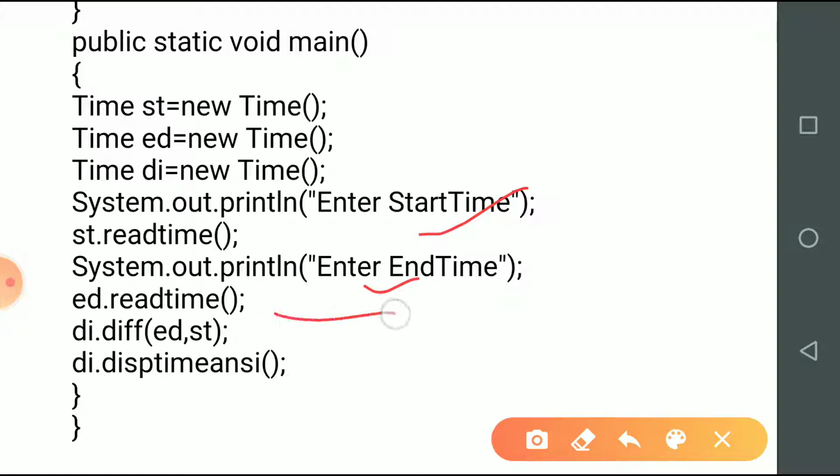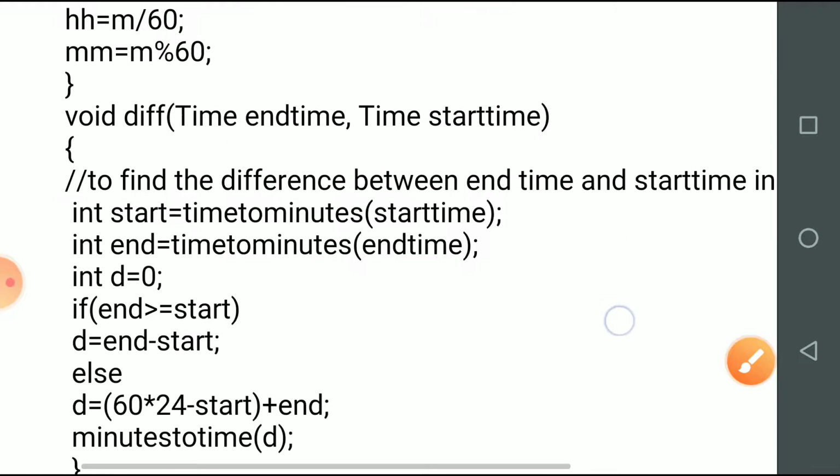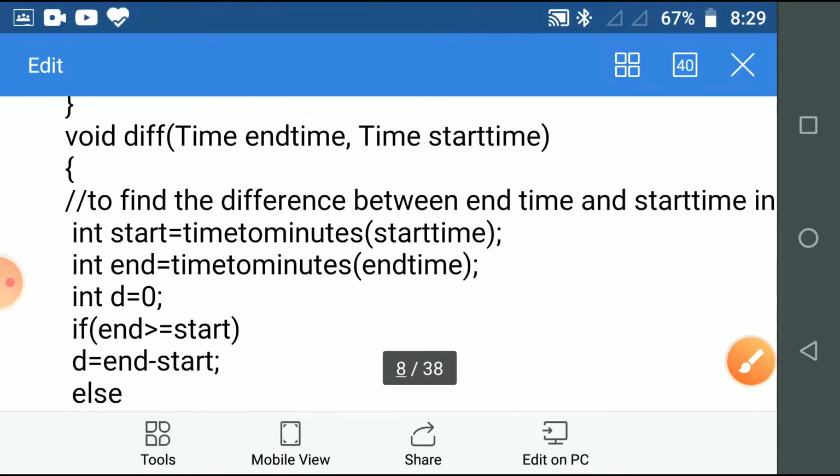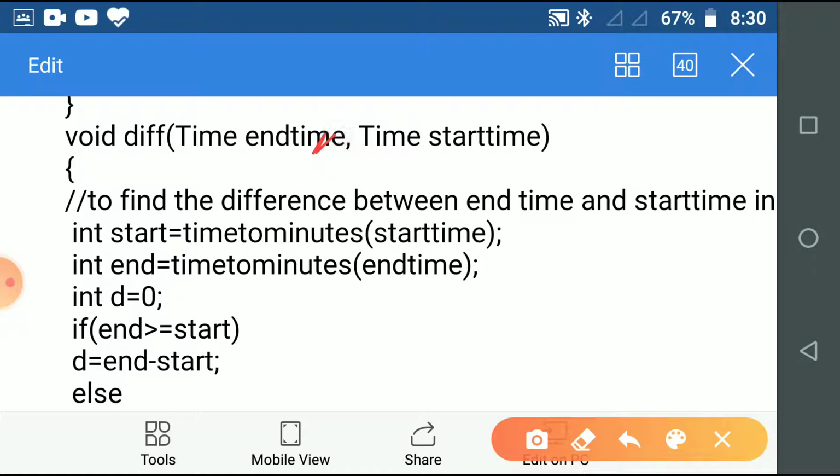Then this function is called, in the function definition, end time is the value which is given first. So that's why we have taken care of that. Difference function is called with the di. So di is the current object in which the result will get stored, and difference function is called, and ed will go as end time here, and st will get stored as start time.